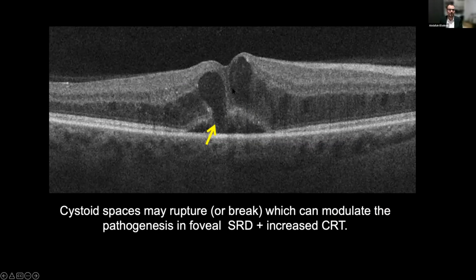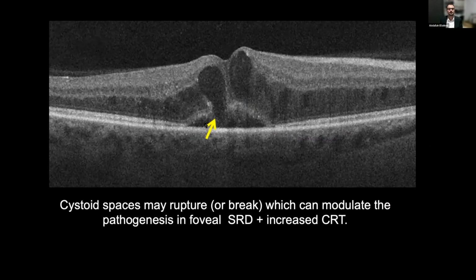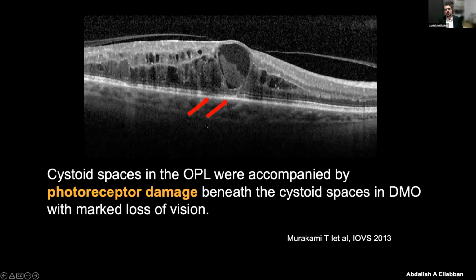If you think about just cysts versus leaking into a subretinal fluid, these tend to be less responsive to treatment. Another thing with chronicity is that large cysts or chronic cysts are sometimes associated with photoreceptor damage, especially if they persist for a long time. And this is something to be appreciated,